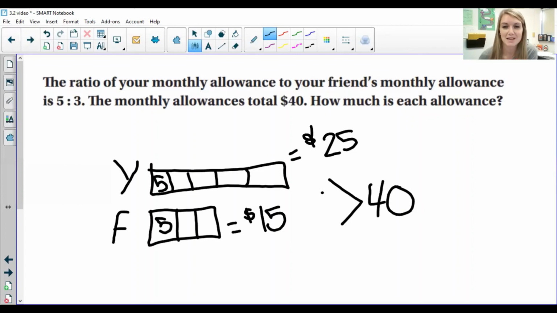That's how we use a tape diagram. Okay, your ultimate goal with all of these problems is to figure out what does one box equal. Because if you can figure out what one box is, you can answer any question that's